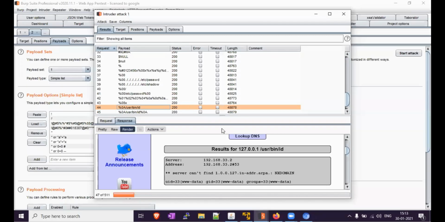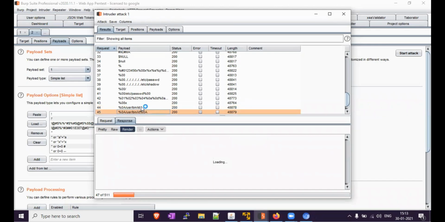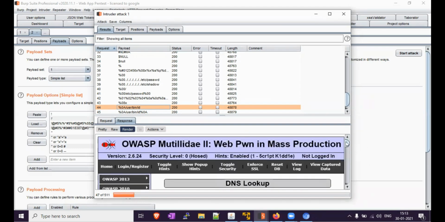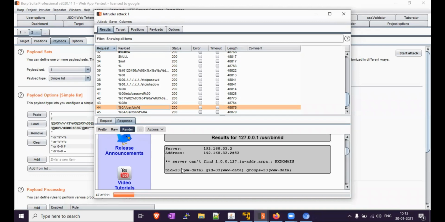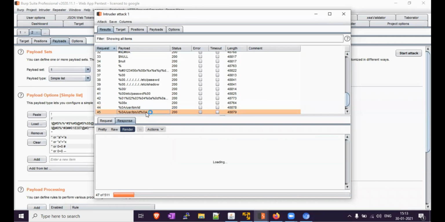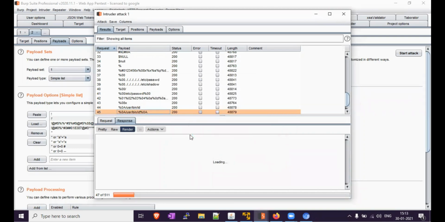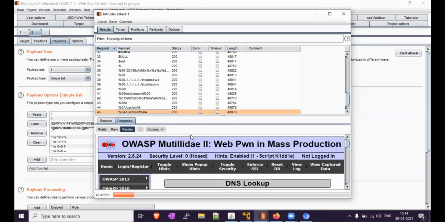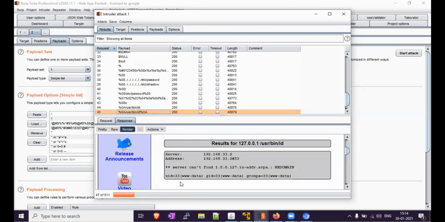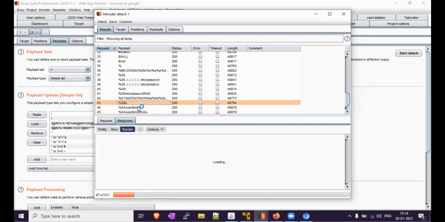resuming my video, and we can find the payloads that we are setting, and we are getting some response using command injection. Here you can find the UID, www-data, GID, and groups. And you can find it using a second payload also. So here we are getting it using this type of command injection payload.